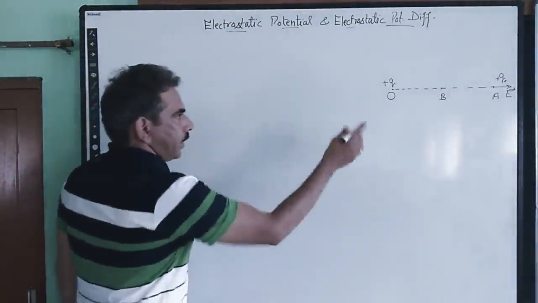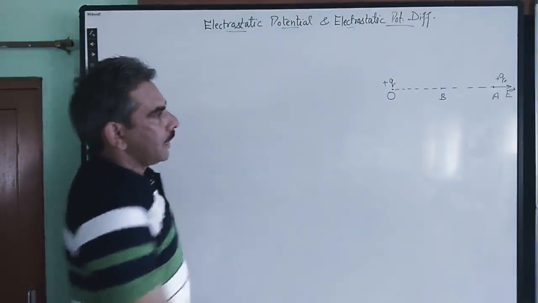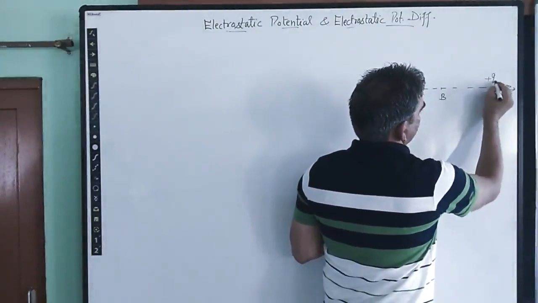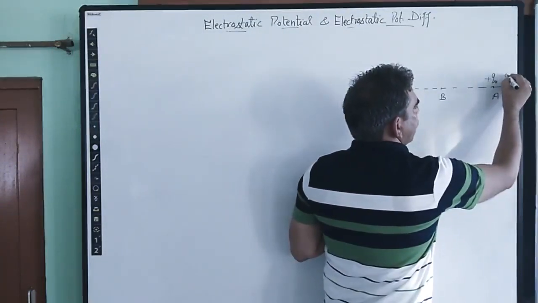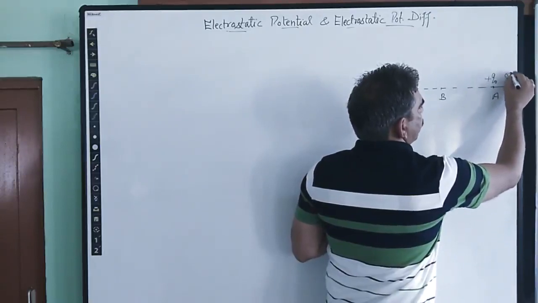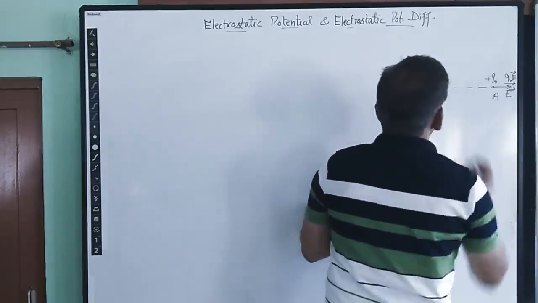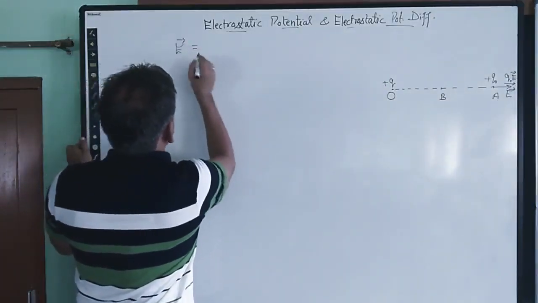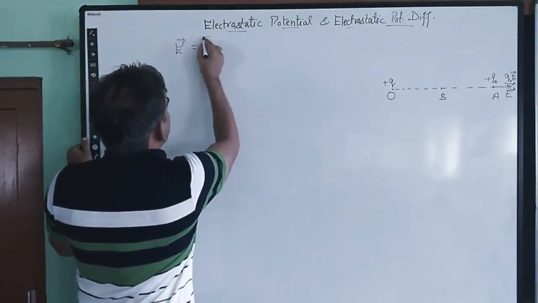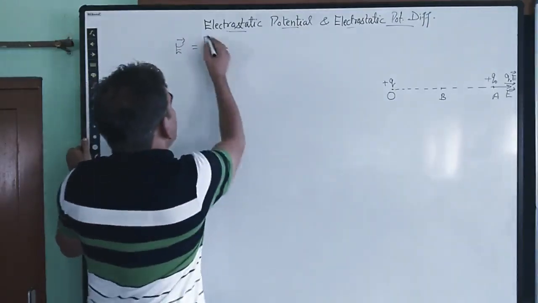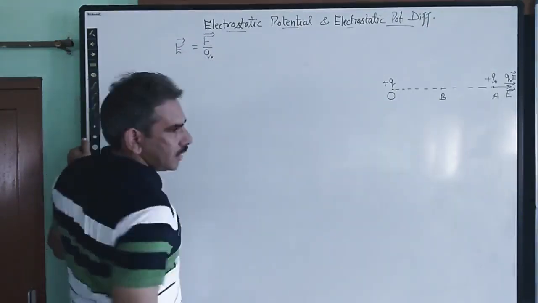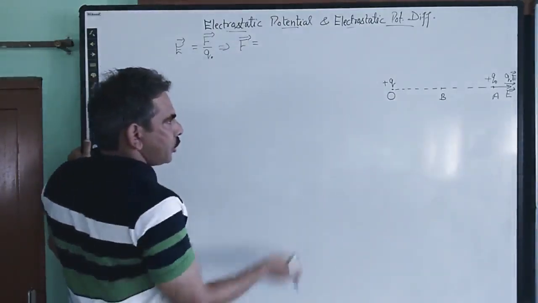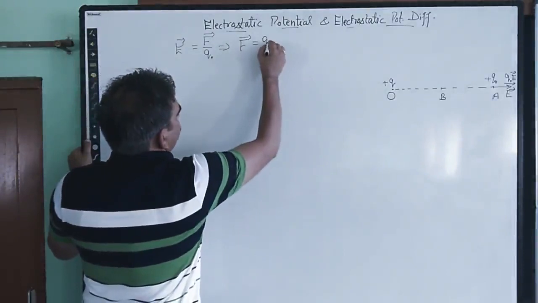Okay, so this electric field exerts a force on this test charge plus q naught, which is given by, that electrostatic force is given by q naught into E in this direction, because the electric field of the given charge is E. So it is given by the electrostatic force acting on the test charge q naught per unit test charge. So the electrostatic force that will act on this test charge due to the electric field of this given charge is q naught into E.